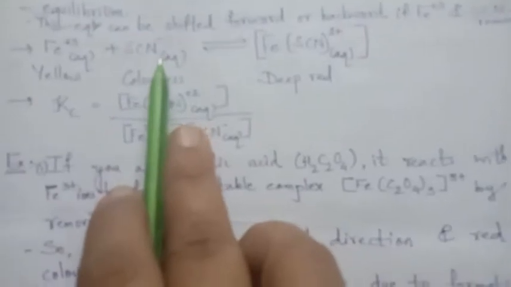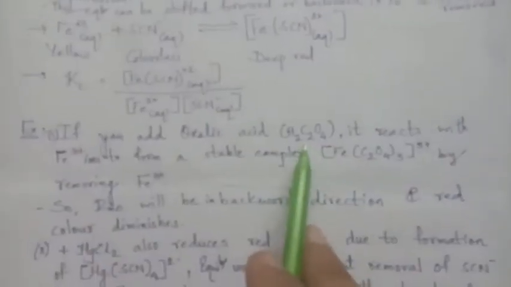Thiocyanate is also a good bowler, but H2C2O4 is still a better bowler, which bowls in a very proper manner and attacks Fe+3, and so it will react with it very fast to give ferroxalate, due to which we can say that Fe+3